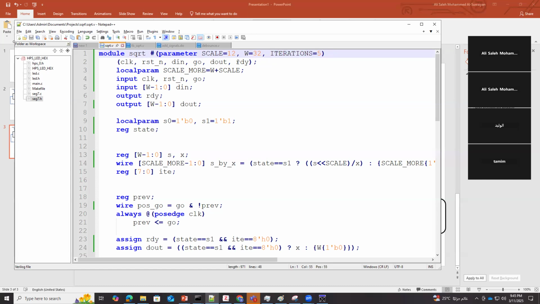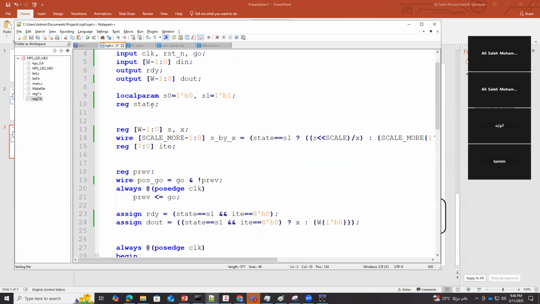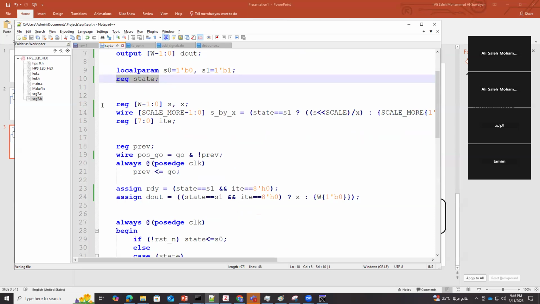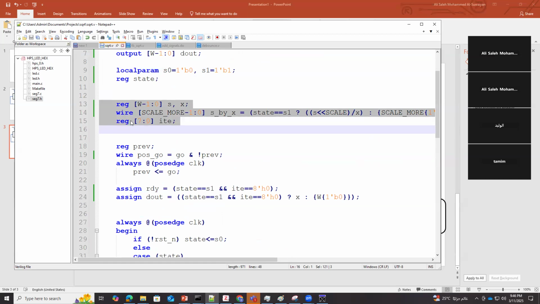I didn't change anything in the ports of the module. But I have a local parameter, scale_more, which is one scale more than W, which just defines W plus scale. Now my state, since I have only two states, is just S0 and S1, and the state is just 1 bit in this case. So these are the definitions for S and X. And this is the